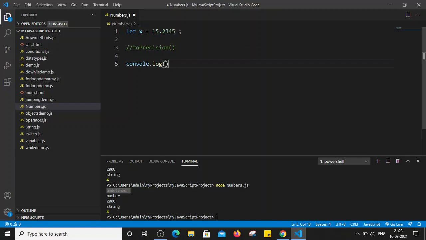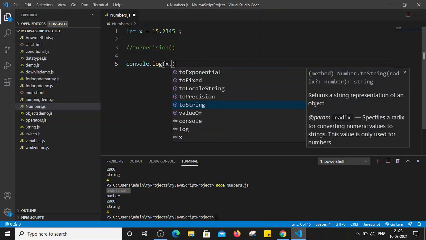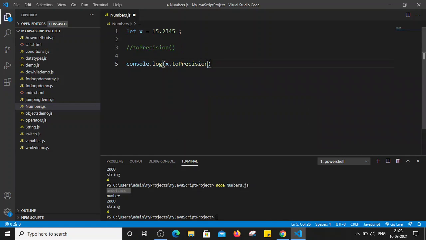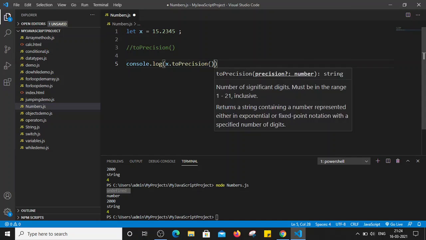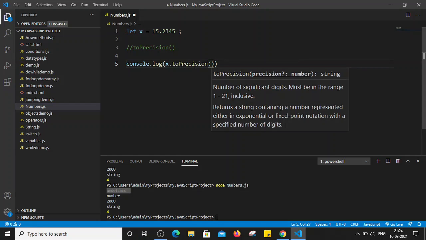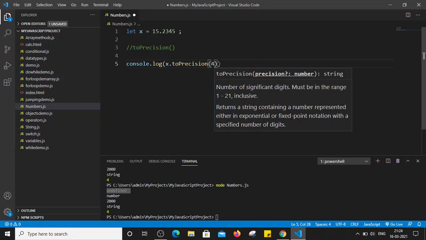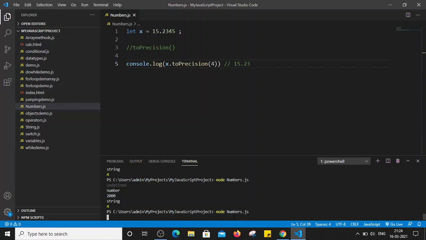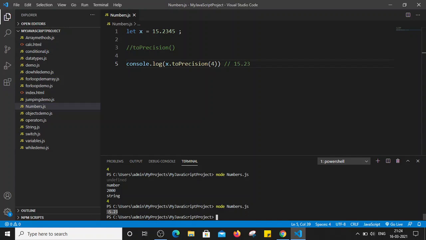So we can simply use console.log x dot toPrecision and we can mention the precision number here, how much precision we want. So toPrecision, and suppose I want 15.23, right? That's 4 precision, so I will just specify 4. Now it should return 15.23, right? Now let's save the file and let's run the file. Correct, so it displayed 15.23.